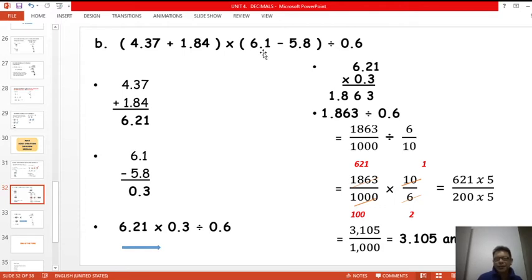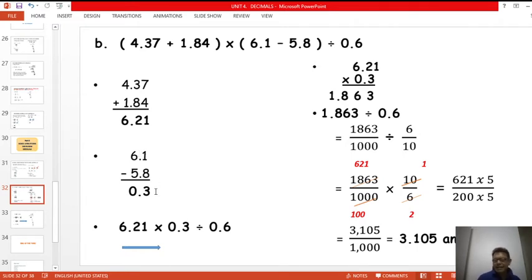We got 6.1 minus 5.8. Again, this is subtraction. So make sure that your decimal point is vertically aligned, or straight down. Okay, so we got here, this is subtraction. So 1 is not enough, so we borrow 1 from here in the tens place, or not the tens, the ones place, right? So we get 11